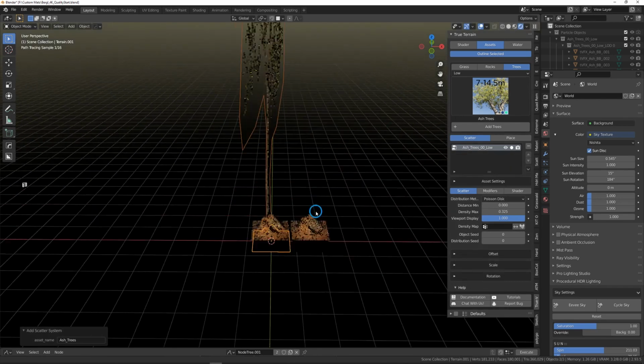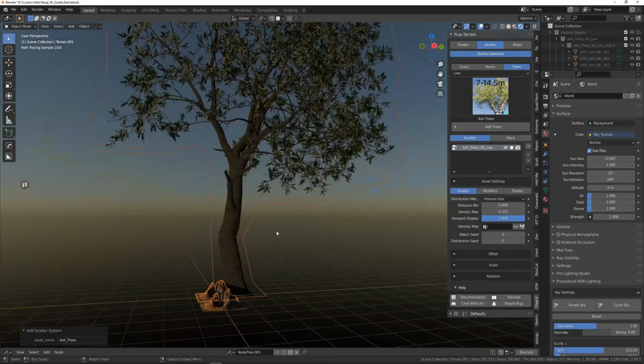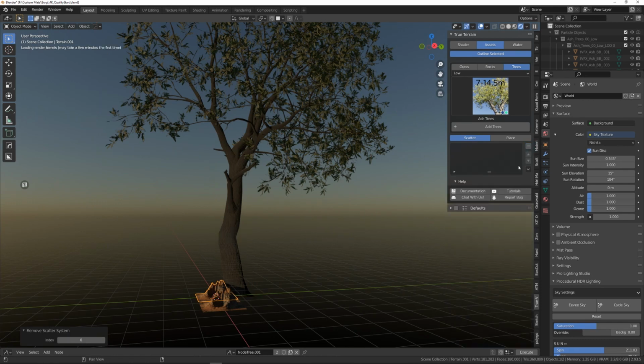Oh, and here is our tree. It's just a proxy, but you can see this still is real life scaled. Yes, you could play with the scale, but also the distribution is messed up if you mix real life scale assets with scaled down terrain. So what we're going to do is get rid of this,